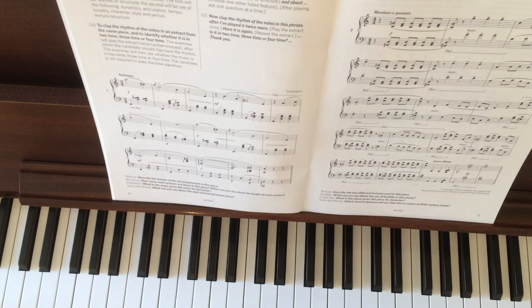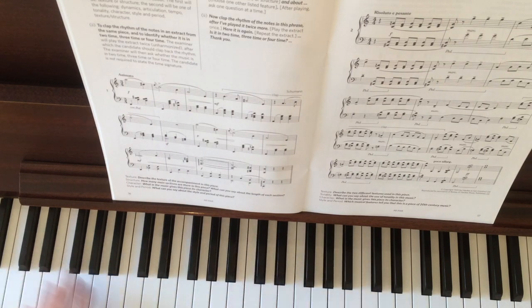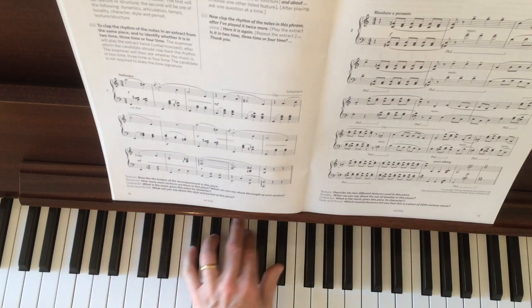So immediately you can hear the pedal, hopefully. So that's got me thinking romantic, because it's not quite modern enough to be 20th century. Also you've got the dynamic changes in there, and you have the little ornament, and you have the building and swelling. There you go. And I probably could have played it a little bit more animato, a little more animated and accented. But you're going to get a question like, okay, describe the texture of the accompaniment in this piece. Now that's a bit of a vague question, I think, but at least they do say accompaniment. Could you hear the...